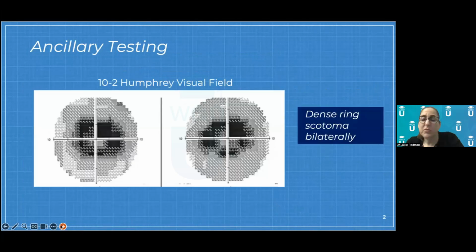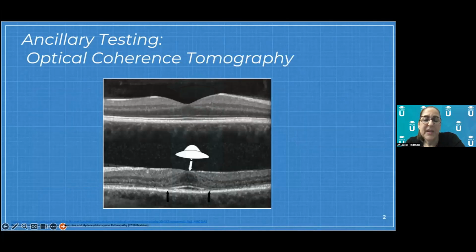A 10-2 visual field is probably going to show you dense scotomas centrally. In Asians, we recommend doing 24-2s because sometimes the defects are a little further out from the actual fovea, but in our Caucasian patients and our African-American patients, 10-2 is what's recommended. So OCT, this is typical Bullseye maculopathy, secondary to